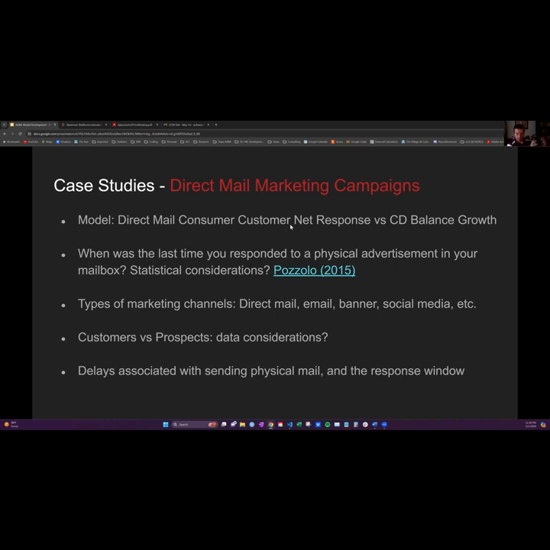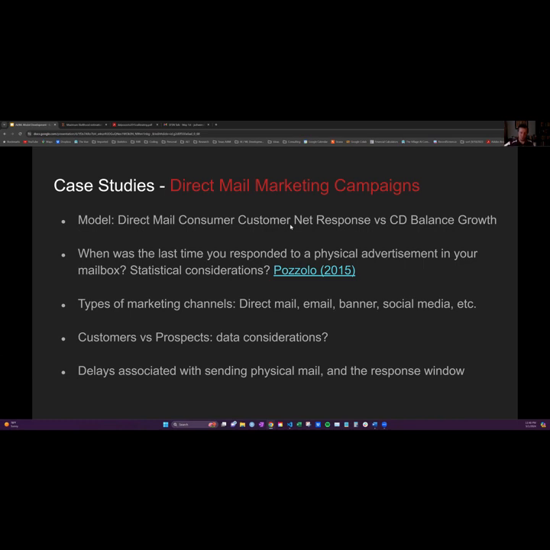Because the customers, we have all their transaction history, we have all their account information, we have all this extra information that we can leverage. Prospects, on the other hand, we don't know anything about them other than demographic information or zip aggregate information, like regional information. So it's a totally different framework of how we model products to existing customers versus how we model products to prospects.